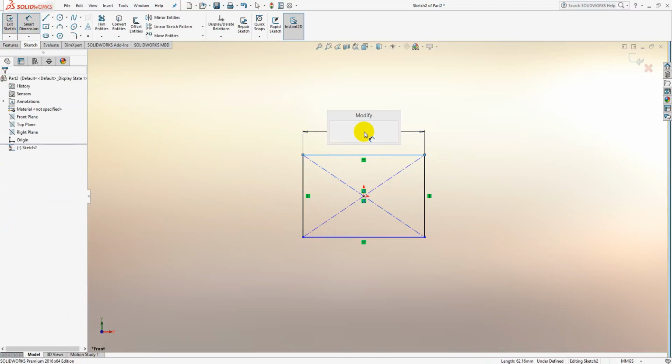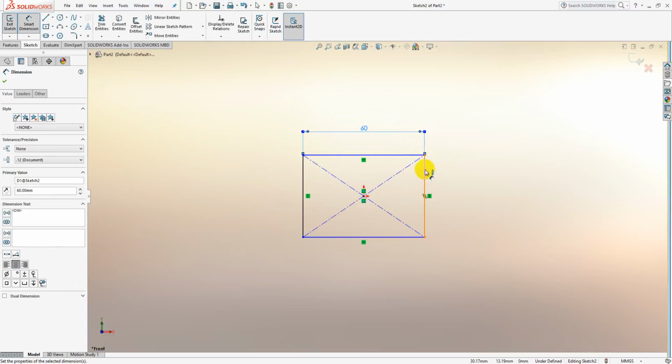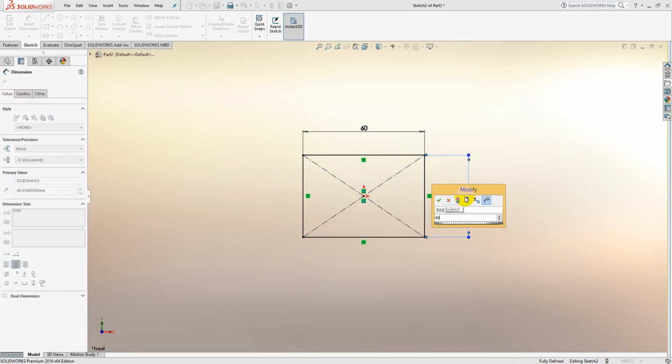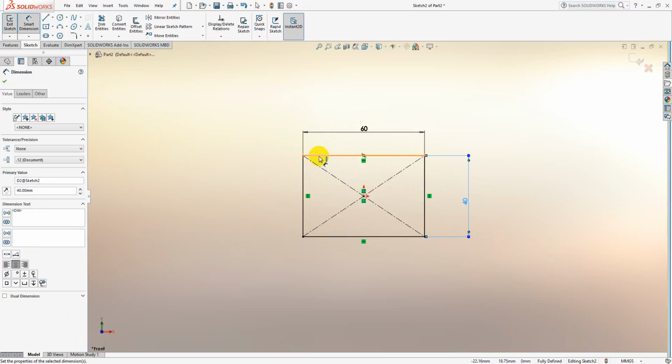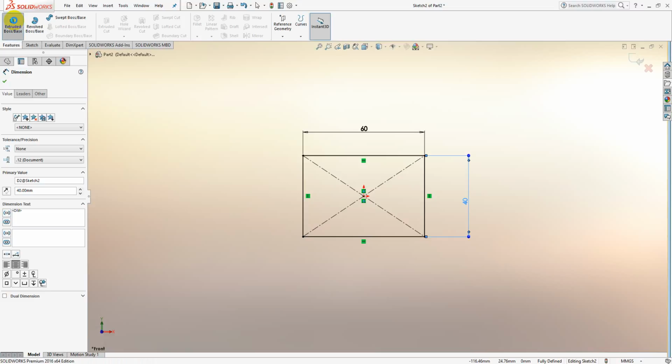and we'll fully define it. So there you go, fully defined. It forms a closed loop, which is one of the things that you've got to ensure, and it's saying fully defined down here. So if we click on features and extrude,